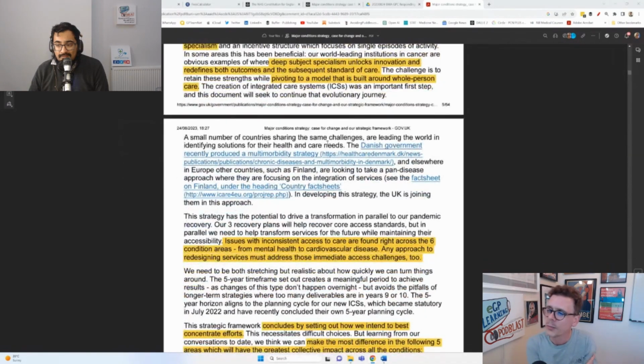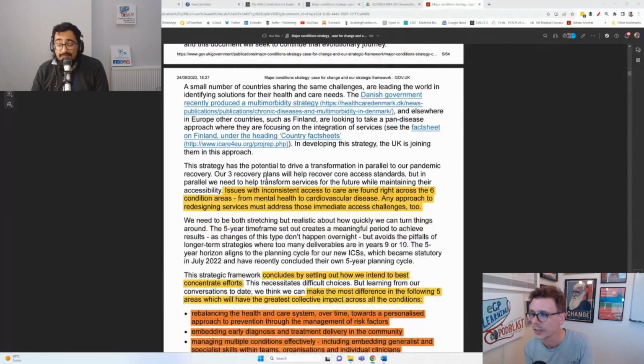I think at some point, Gandhi, we should look at these documents. It points towards similar documents that have been produced in other countries facing similar challenges as the Department of Health sees it. So they talk about a Danish government document that's looking at a similar thing, taking this multi-disease approach or multiple condition strategy, and Finland is doing something similar as well. So it'd be great to have a look at those. I think we didn't have time to bring them up or look at them today. And then